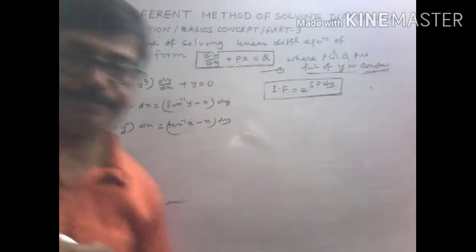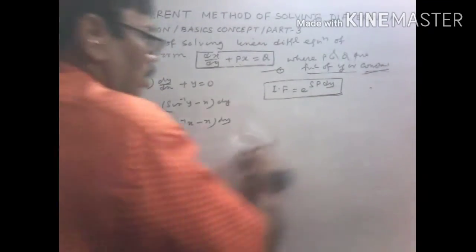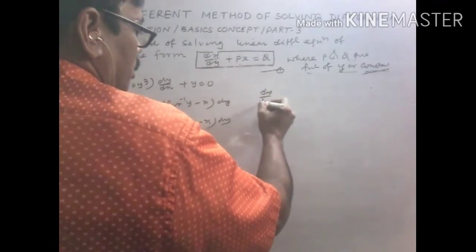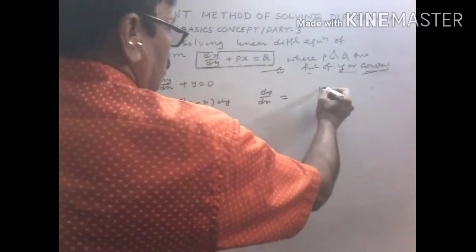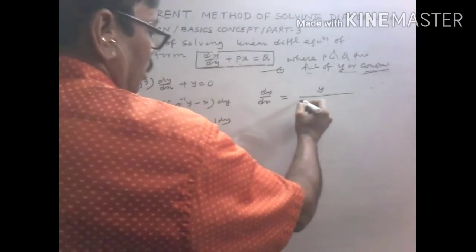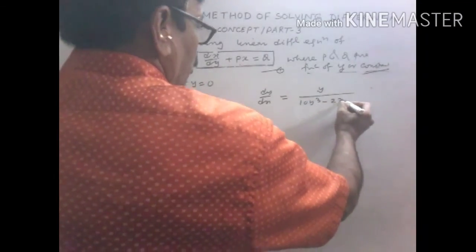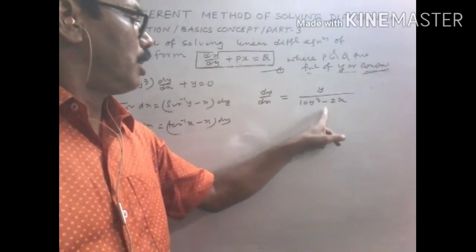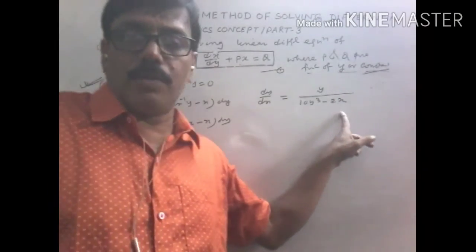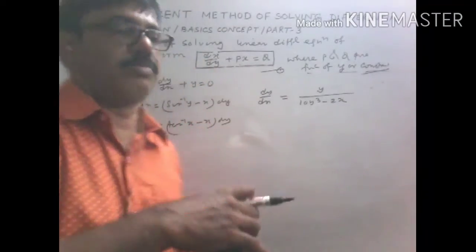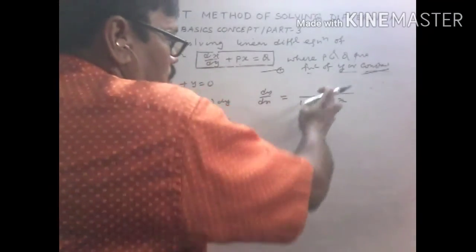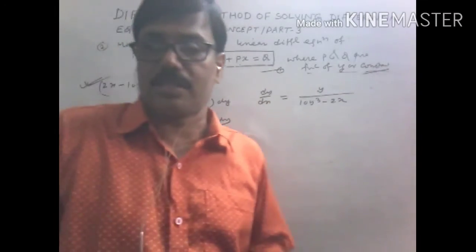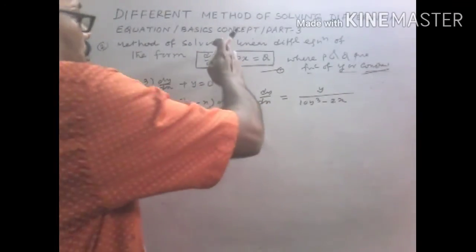So consider problem number 1. What is dy/dx? So this is y by 10y cube minus 2x. So it is not separable. This x and y are in mixed form. We cannot solve it by separation of variables. You cannot solve it by substitution method. This is also not homogeneous. So